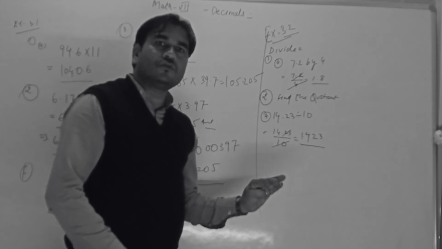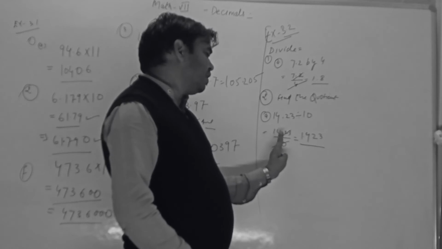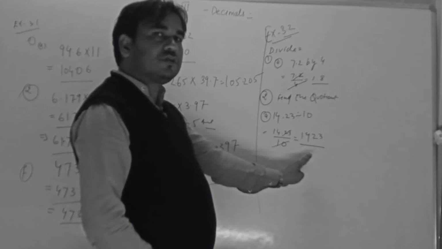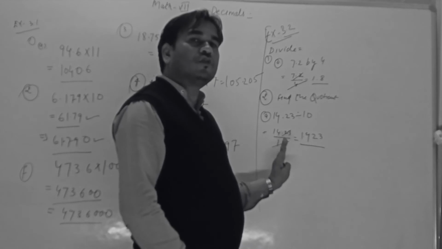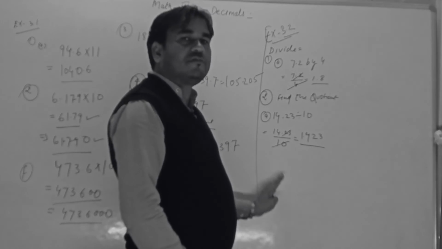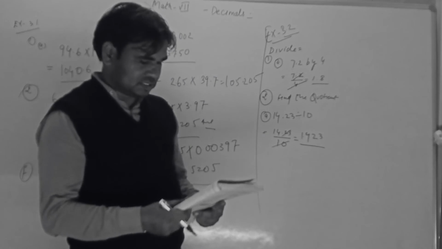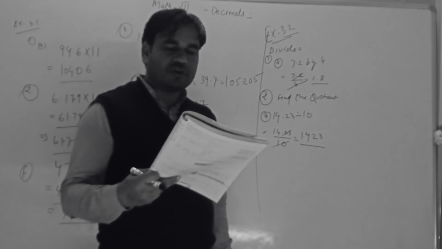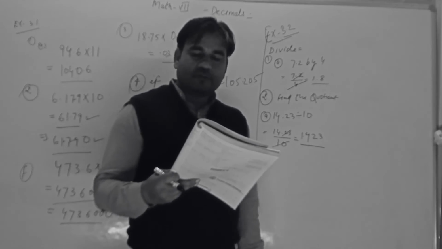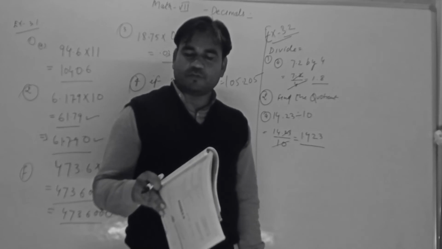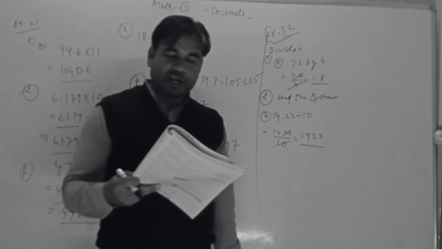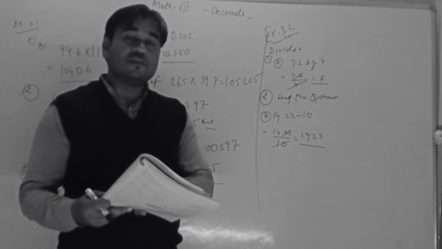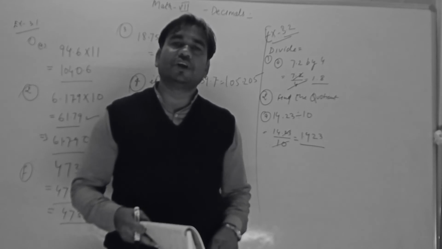So here one thing you have to notice: in division the decimal mark moves from right to left, and in multiplication the decimal moves from left to right. So you have to notice this. In the same way you can do it. Sohail travels 11.05 kilometers in 17 minutes by scooter. How much distance will he travel in 19.5 minutes? So you have to first divide, and after that you have to multiply.